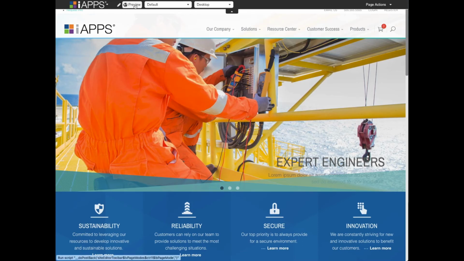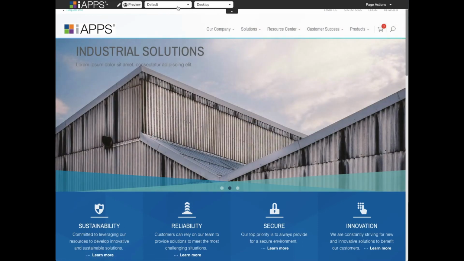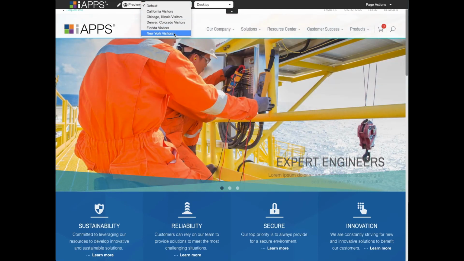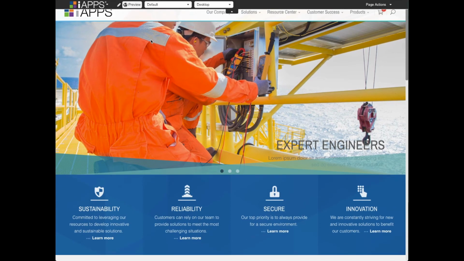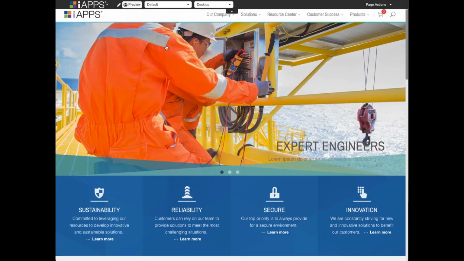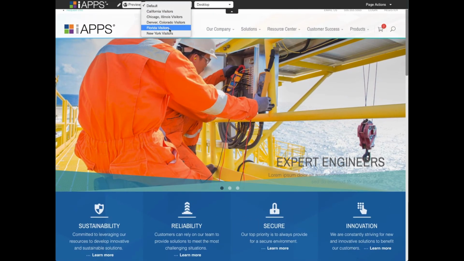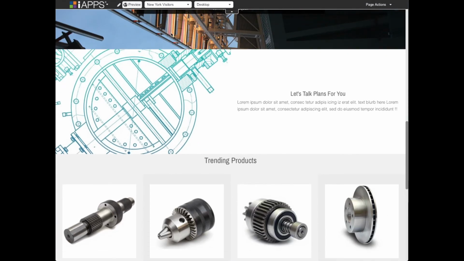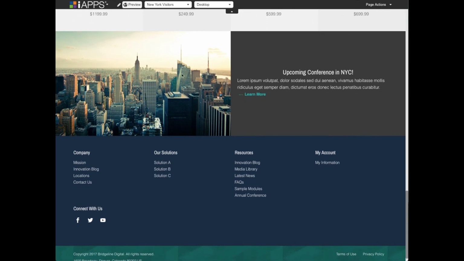So I see that I'm in preview mode, but I can also see two drop-downs here. The first drop-down is if I have audience segments enabled, where I can target content to different audiences. In this case, we have geo-targeting configured for this site. So I can see here's what the default view looks like for the anonymous user that comes into the site. But if I wanted to have targeted content for maybe visitors that come from New York, I could see what that page variant looks like. And you can see here at the bottom of the page, we have a little call out for an upcoming